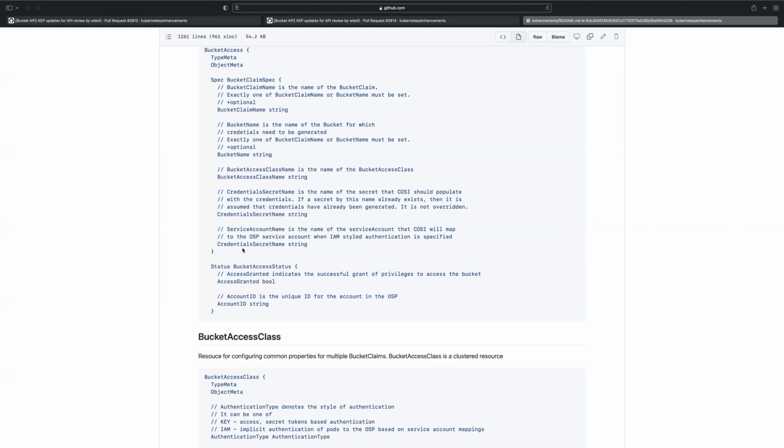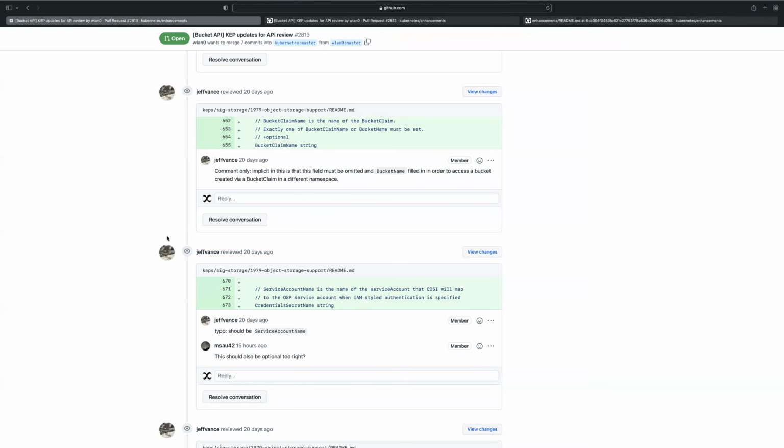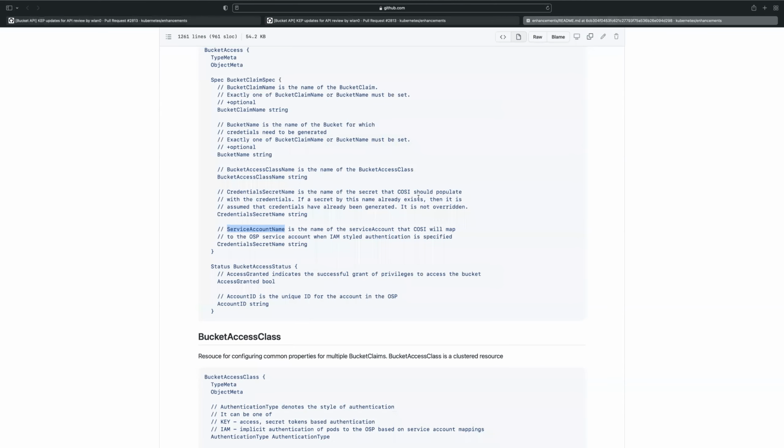All right, so the question was, is it optional? Yes. If you're doing it through access key and secret key, this won't be specified. If you're doing access control through service accounts, then access key and secret key will be optional. So both of these fields can be made optional. Okay, and both can be used simultaneously as well? They're not mutually exclusive. They are mutually exclusive, actually. But I can't think of a situation where you'd want both. Or how would that even work?